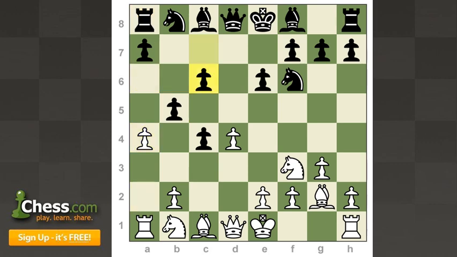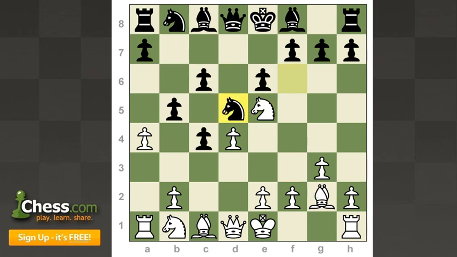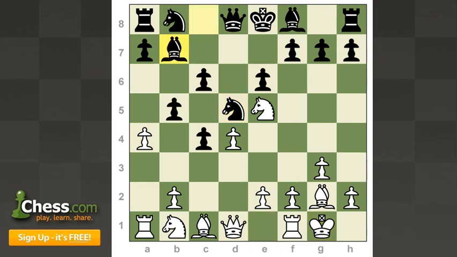So c6, and now a move like knight e5 is very common here. Opening up the bishop on the long diagonal, using the knight to pressure c6, and more often than not Black is forced to block this diagonal with his knight. And then White can castle, bishop b7 is a normal move, and White can do something like e4, knight f6,